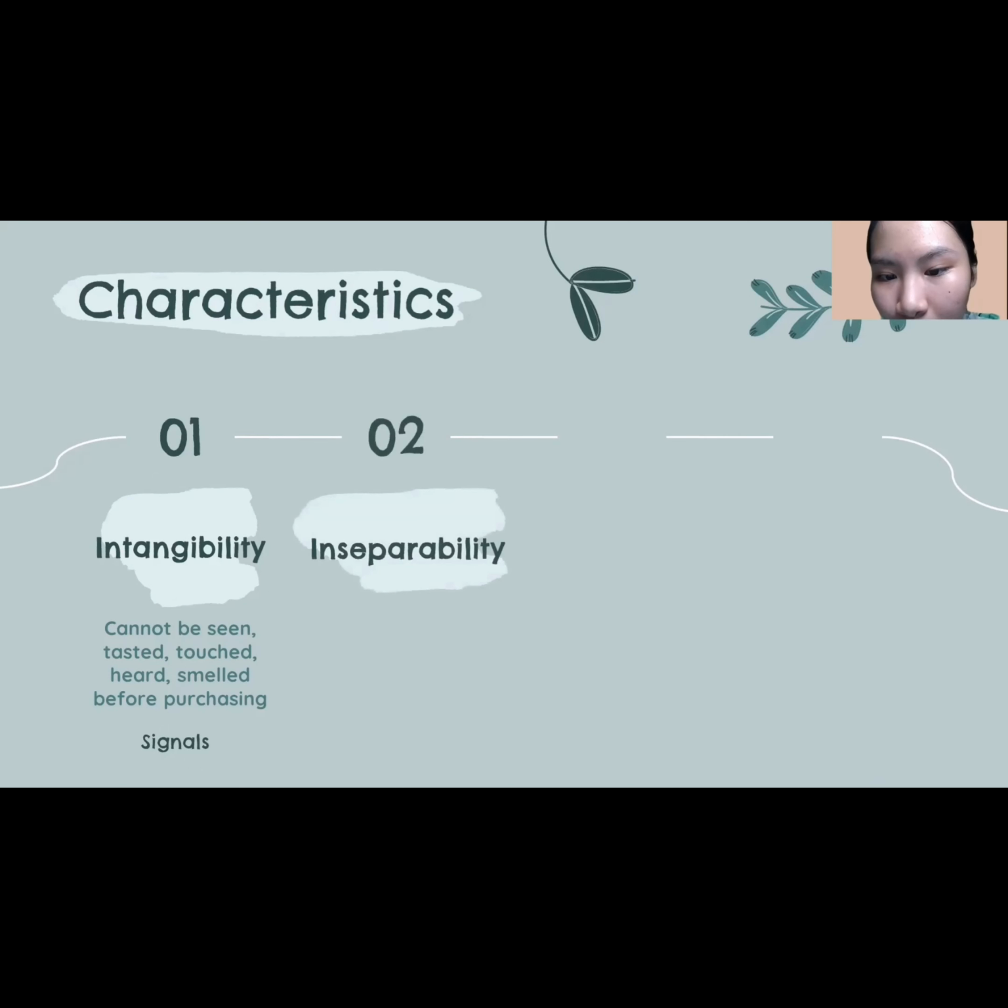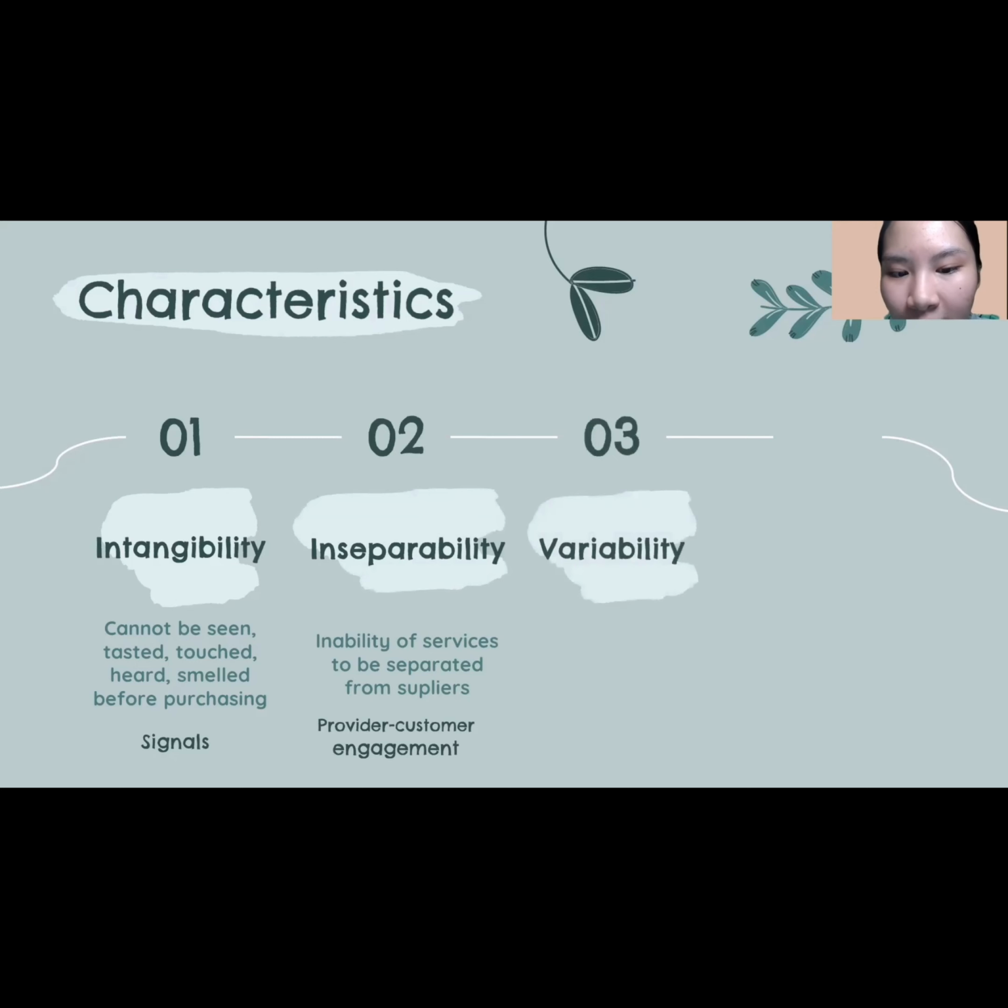Service inseparability refers to the inability of services to be separated from the suppliers. As a result, the service provider becomes a part of the service. Customers will also play an important part in service delivery through provider and customer engagement. Service variability means that the quality of services depends on who delivers them, as well as when and how they are offered. To be more specific, the employee's service differs depending on his energy and mood at the time of